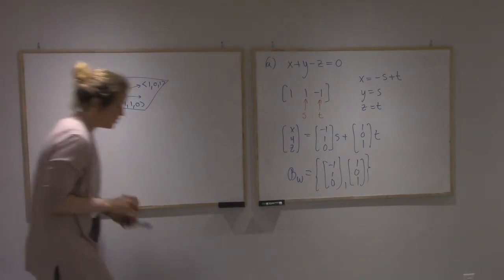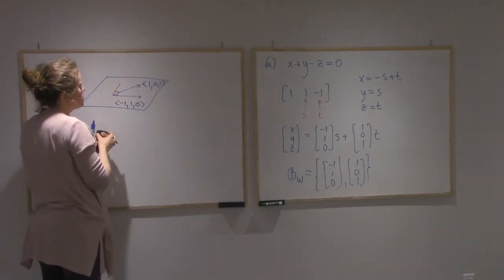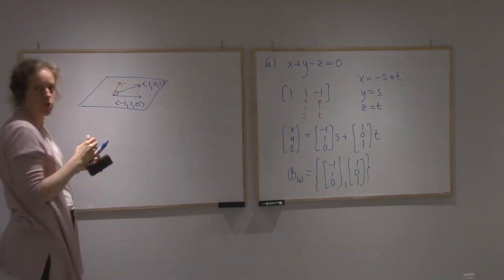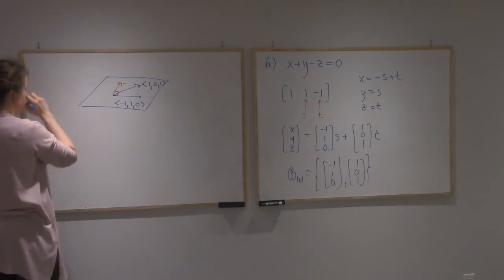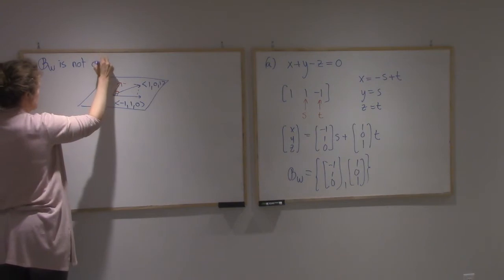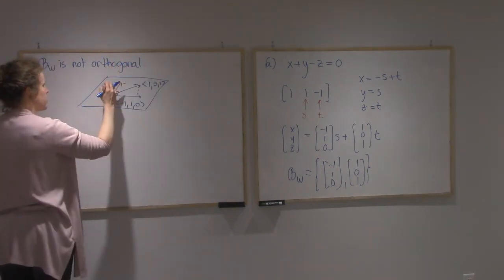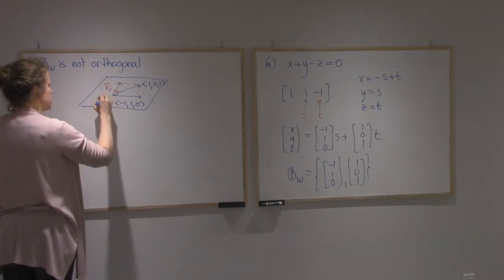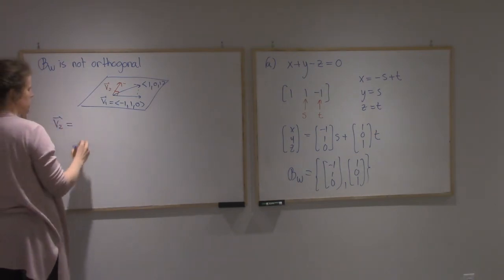And so what I'll use is our good old-fashioned projections that we've used before. I'm going to take the orthogonal component. So let's call this V2. Let's call this V1. So my V2 is